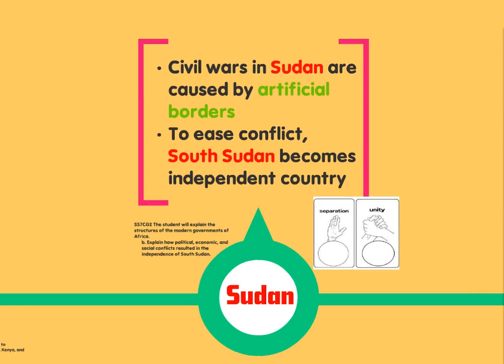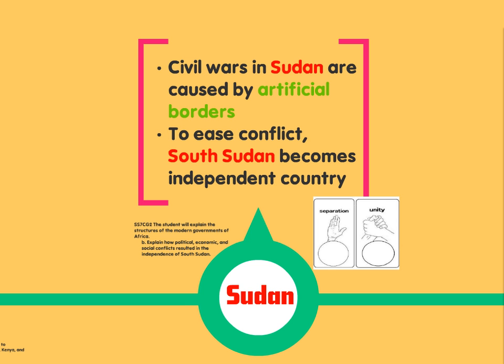We looked at Sudan, and Sudan was a good case study for us of civil wars. Civil wars throughout the region, and especially in Sudan, were the result of those artificial political borders, causing conflict between different ethnic groups, hatred between different ethnic groups that perhaps would not have been there if those European-imposed borders were not put there. Now, in the case of Sudan, to help ease the conflict, one part of Sudan, South Sudan,